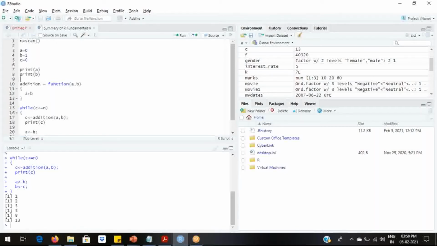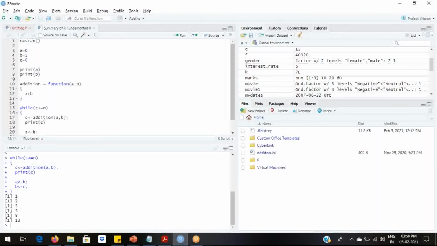form of a program. So first I am receiving the input, user input for the value n. Then we are using variables A, B, and C, assigning values to them, printing them. Addition is a user-defined function used for performing the addition operation.